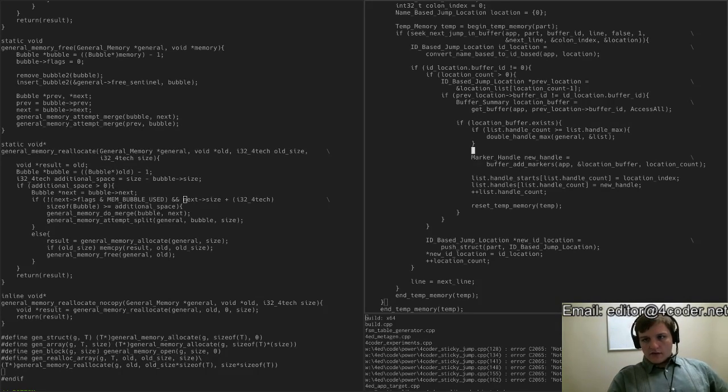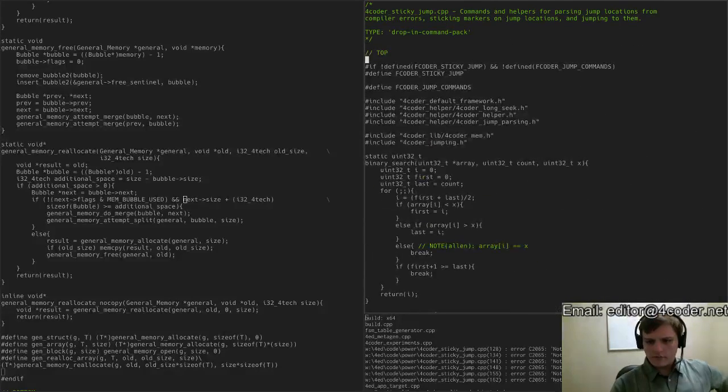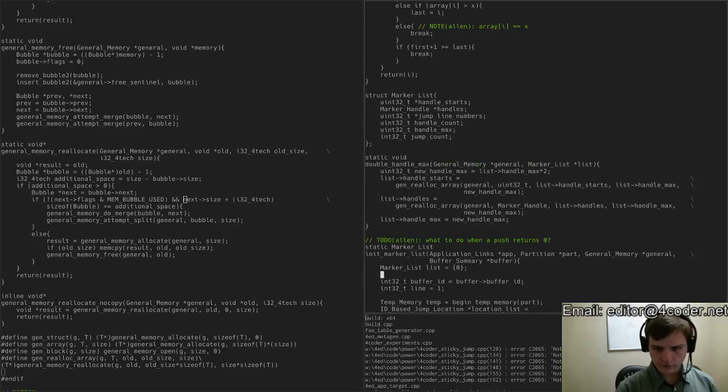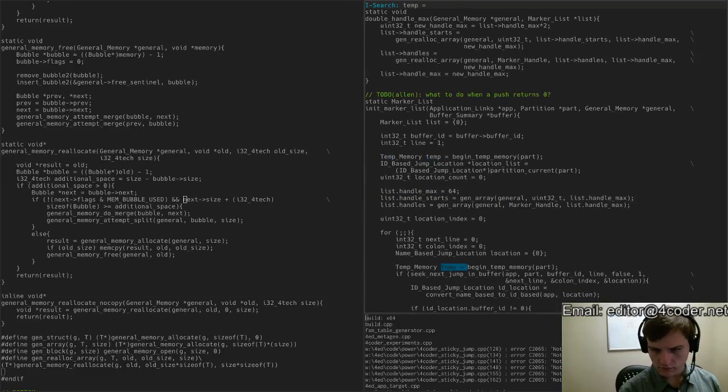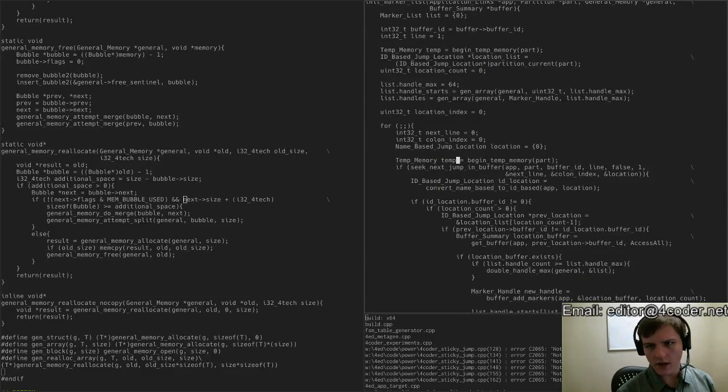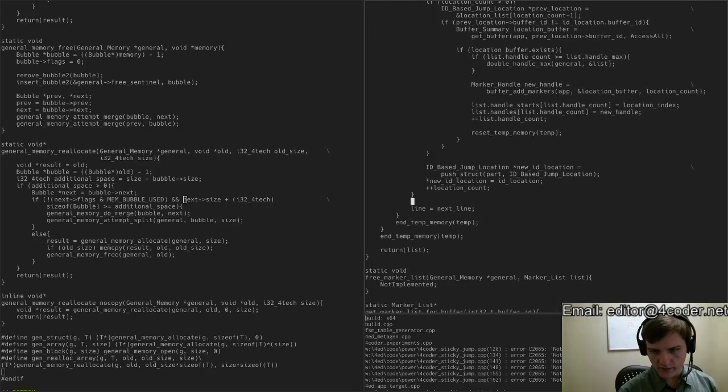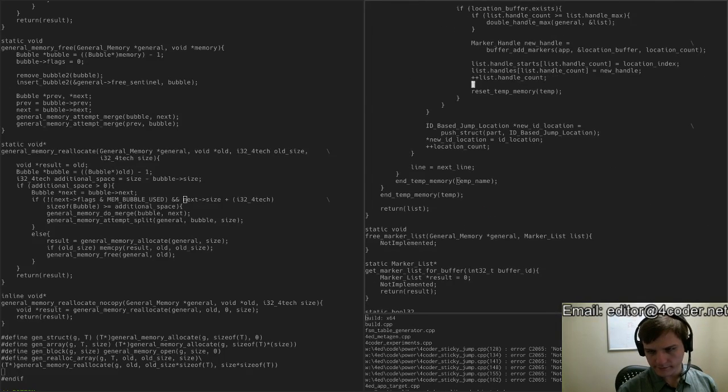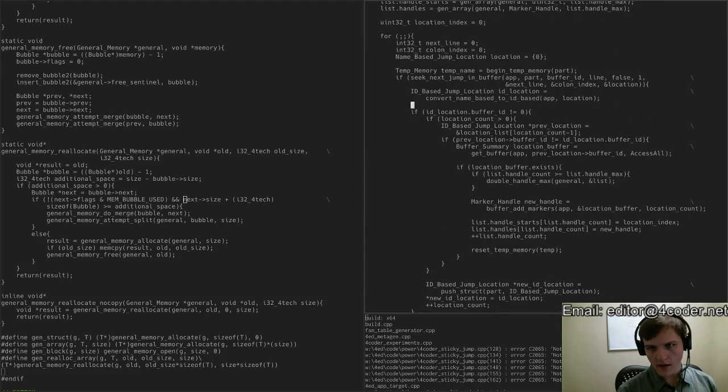Okay, so we need to fix a few things. There's two different temps here, which is not good. The outer temp is the temp for the whole thing. The inner temp is the temp for the name. And then I need